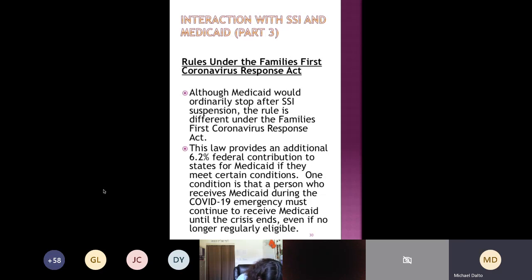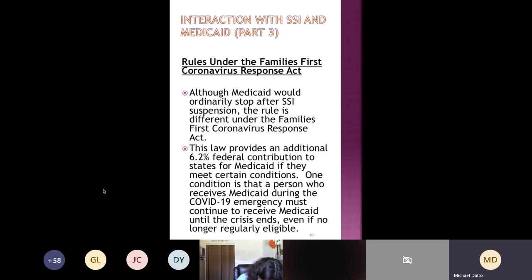But if a state wants that money, and I would venture to guess that every state does want that money, they have to meet certain conditions. And one of them is this: if a resident of that state gets Medicaid at any point during the COVID-19 emergency, they have to keep Medicaid and can't be forced to pay anything extra for it until the COVID-19 emergency has ended, specifically through the end of the calendar month when the